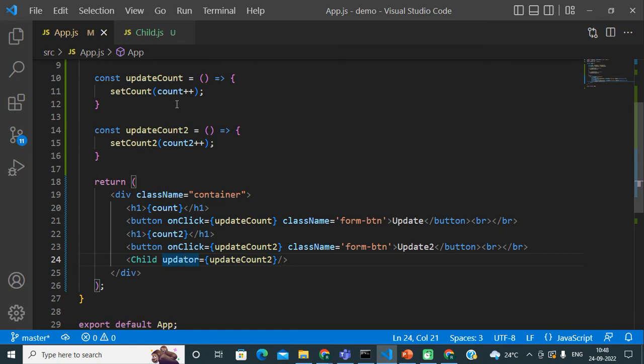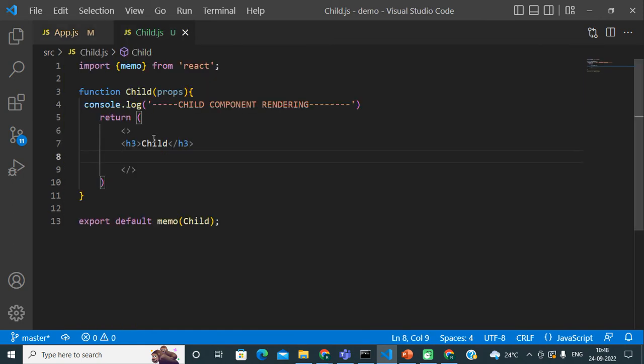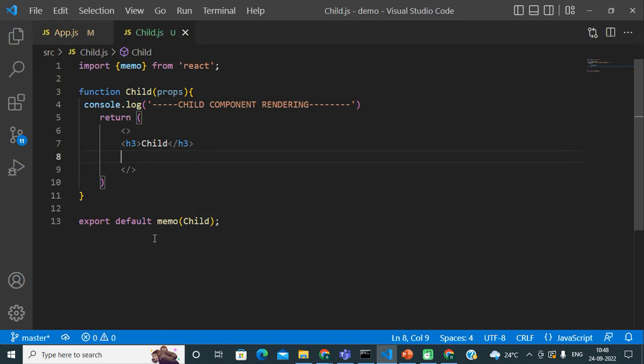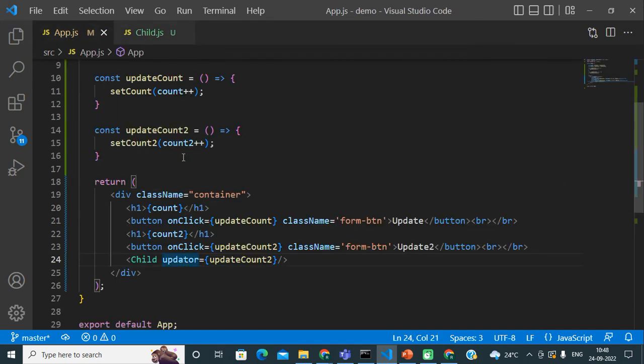Okay, and that is why our child component is getting re-rendered. So this is actually a problem. Even though we are using the memo utility, we are still getting this issue. So now how can we fix this issue? To fix this issue we need to use the callback hook. So here comes the useCallback hook now.